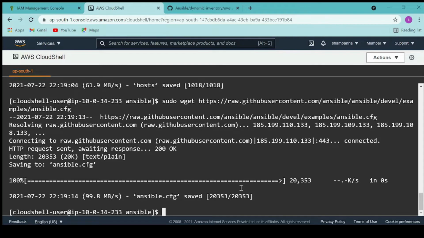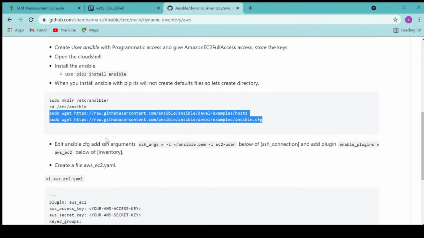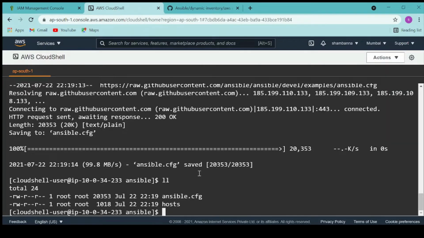So if I list now, I should be having two files here. Yes, I have. Okay, so next I will edit the Ansible config file and add the SSH argument and plugin argument. So open this Ansible config. We have to open it with sudo.